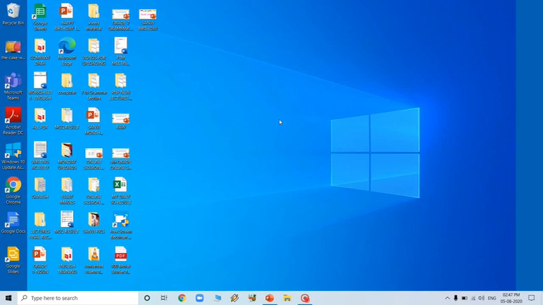In software we have seen there are two types. One is system software, like the one which I'm using right now, Windows 10. It's a system software. And there are some application softwares like WordPad, Notepad, Paint, Calculator, MS Word. Here you can see this is PowerPoint, Google Chrome, Google Slides, Microsoft Teams, Microsoft Edge, Recycle Bin. All these are nothing but application softwares.